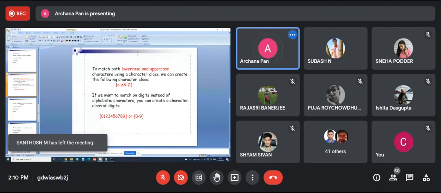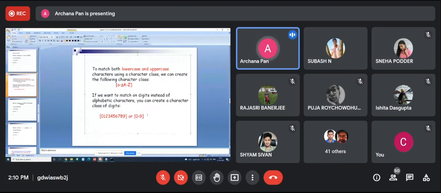For digits, 0 to 9. You can create it this way, 0 to 9, all together. So this is the character class. Do you understand what a character class means?